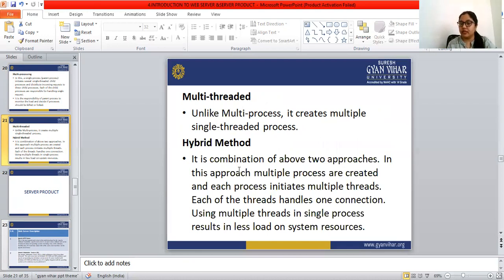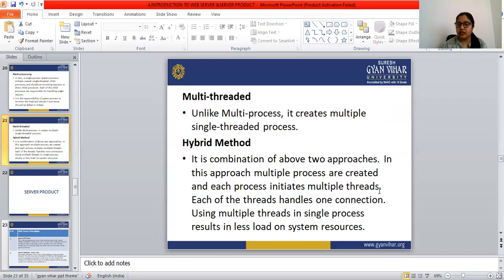And next is the hybrid method. The hybrid method is a combination of multi-threaded as well as multi-process approaches. In this approach, multiple processes are created and each process initiates multiple threads.